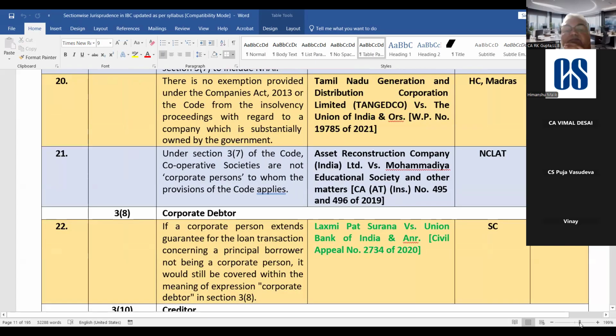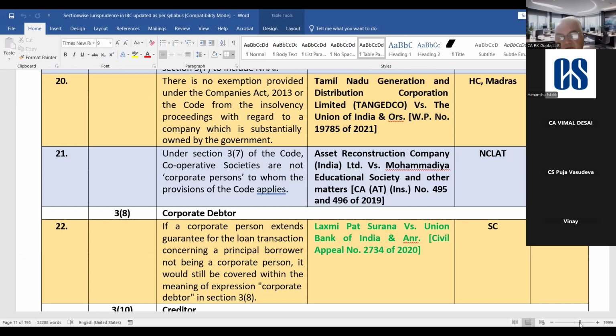कि ऐसी कोई exemption नहीं है, there is no exemption provided under the Companies Act or under the code from the insolvency proceedings with regard to a company which is substantially owned by the government। तो ऐसा नहीं है, वो substantially owned by government है, वो नहीं ला सकते, तो दोनों separate conflicting judgments हो गए, ठीक है।